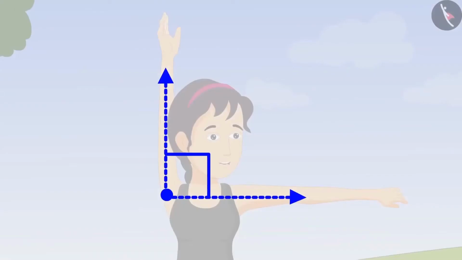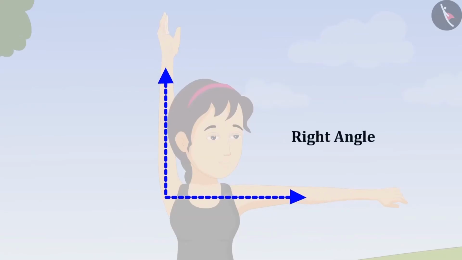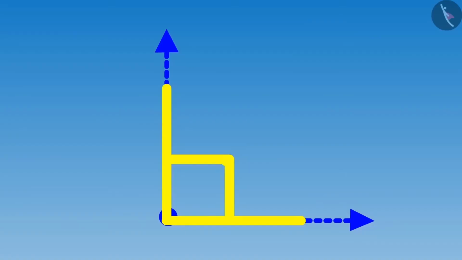This is a special angle. Every angle is either more or less than this angle. But the measure of this angle will always remain the same. This is called a right angle. When a vertical line joins a horizontal line, a right angle is formed between them. Got it, Riva? Hey Didi, this looks like the letter L.